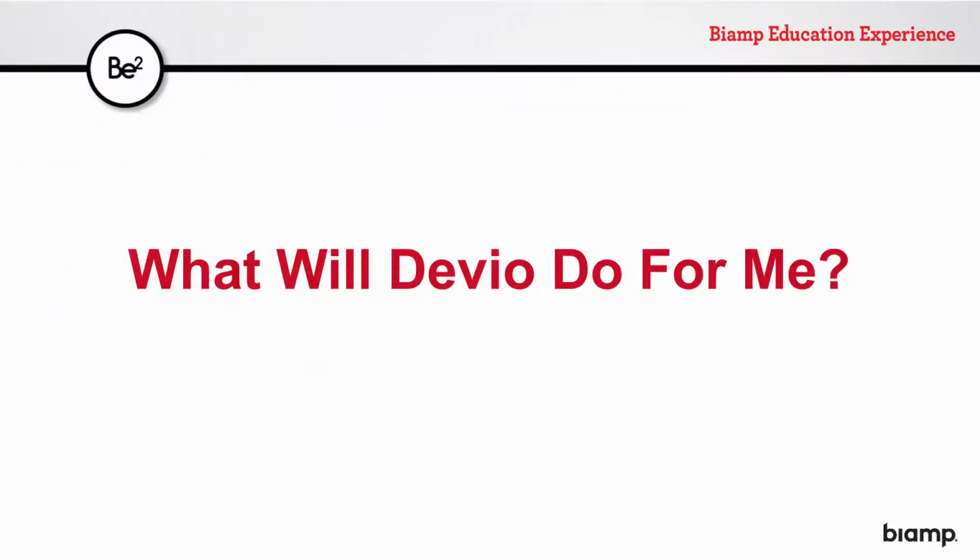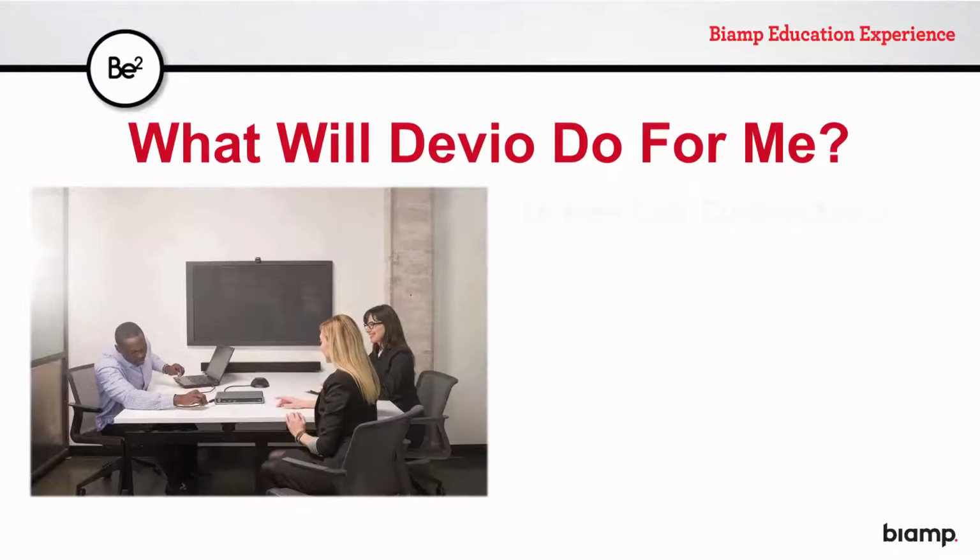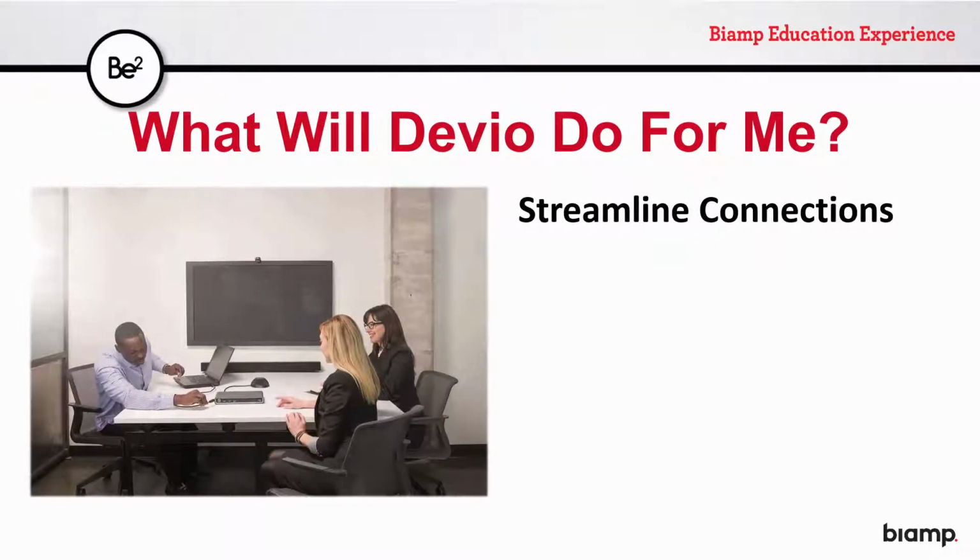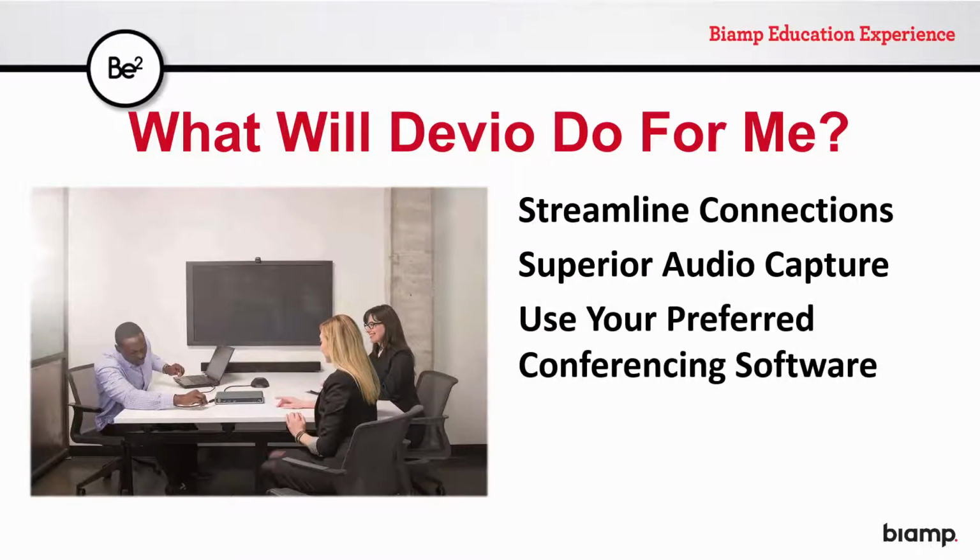Devio is not a conferencing unit in and of itself. Instead, its purpose is to facilitate and improve end-user experiences in meeting spaces by streamlining physical connections required between your PC and the audio-visual technology in the room, providing an 8-element beam-forming microphone, allowing the use of the conferencing program of your choice,